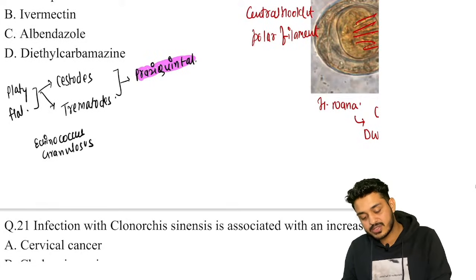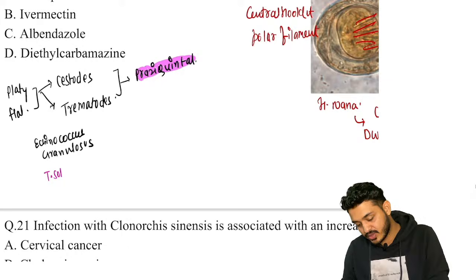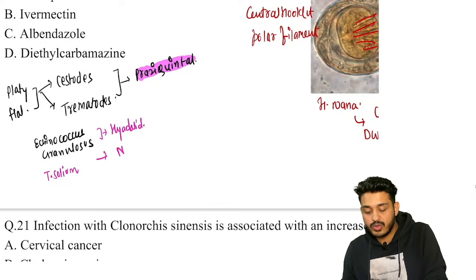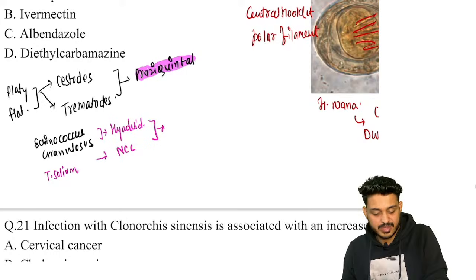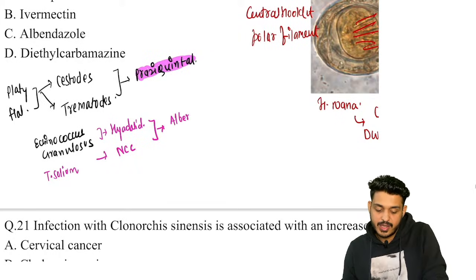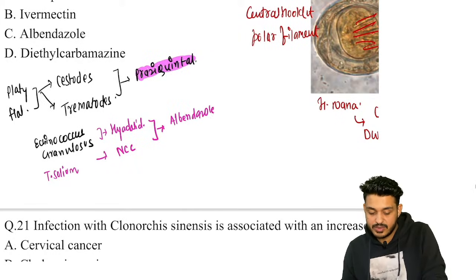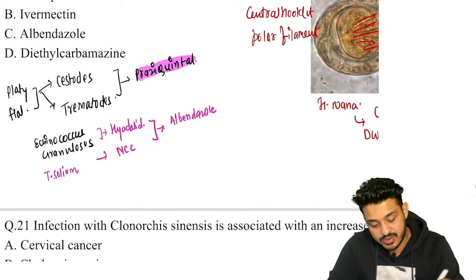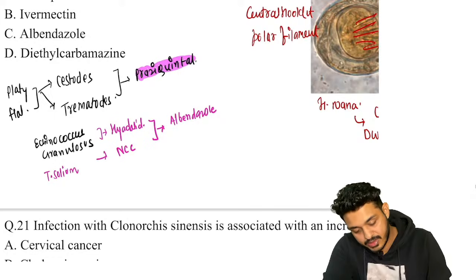Another organism is going to be what? Taenia solium, which is going to cause what? Neurocysticercosis. So for both of them, the drug of choice is going to be what? Albendazole. And here if you talk about the trematodes, we have got only one important one, that is your NEET PG last to last year exam question,